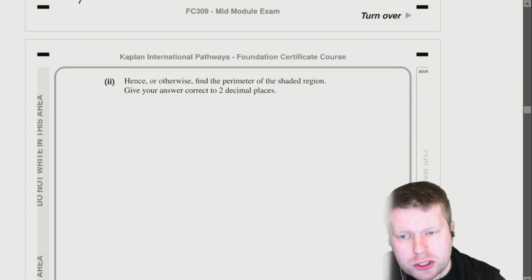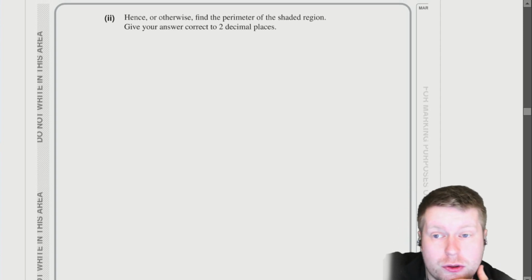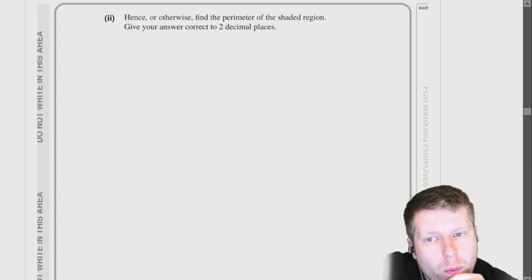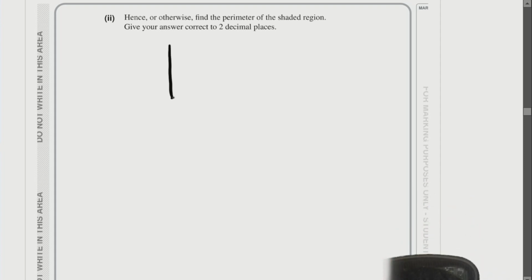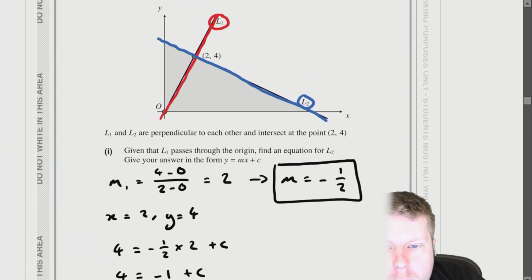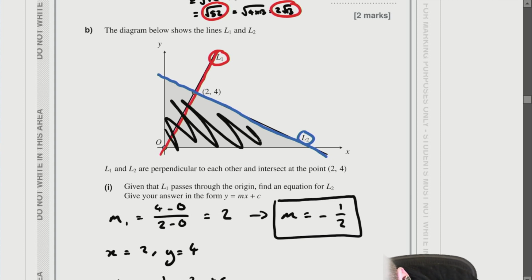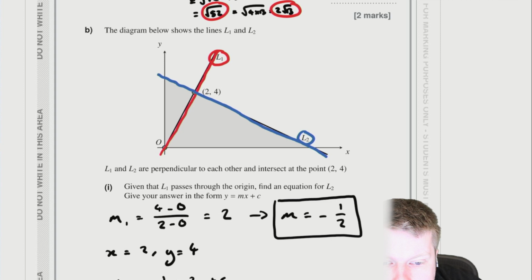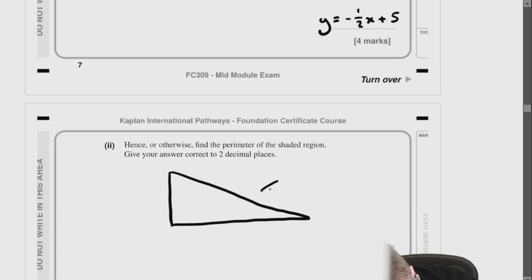Okay, and then part 2, so we're on the last part now of question 3. So hence, or otherwise, find the perimeter of the shaded region. Now, I'm just going to draw out that shaded region again from the diagram above. So this is what we've got from the diagram above. We want to find the perimeter of the whole shaded region, so everything, all of this in here. So as a result, we're going to have to use L2 at some point. So L2, remember, has the equation y is equal to -1/2